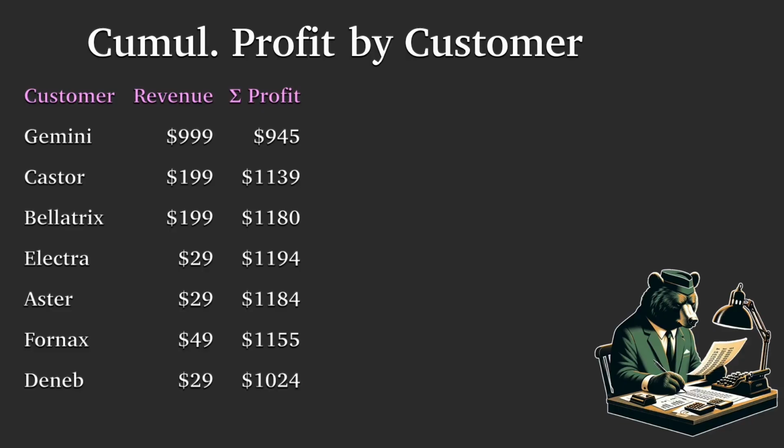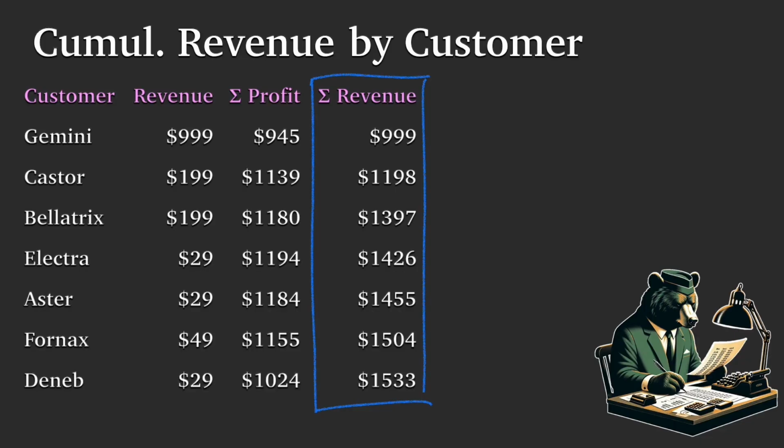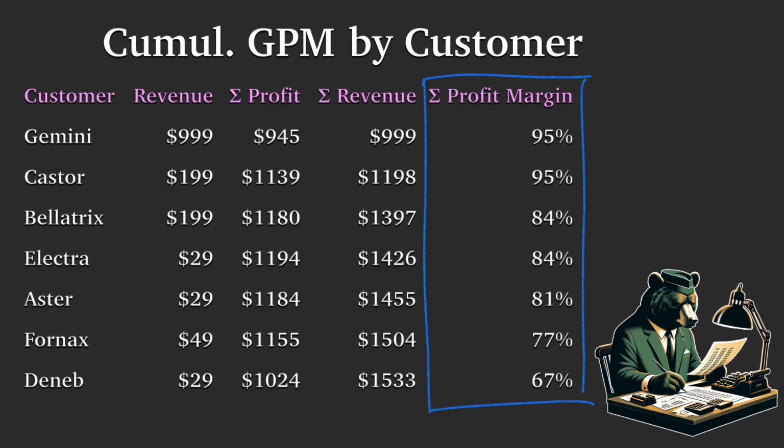We started with our table of customers with their revenue, and then we computed costs, then profit, and then finally the cumulative profit, which is what we plotted on the whale curve. Now, also compute the cumulative revenue. So this is just the running total of revenue, just like we had a running total of profit. And then we compute what is called the gross profit margin. This means you take the profit and you divide it by revenue. A good way of thinking about this is the percent of revenue left over after paying for servicing the customers. So we make this calculation for cumulative profit divided by cumulative revenue.